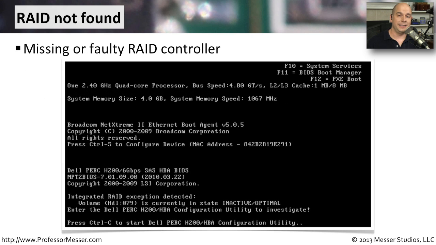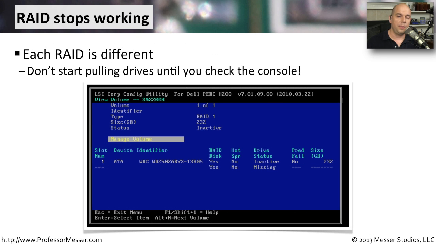A lot of our server devices these days are using redundant arrays of independent disks, or RAID arrays, and if we have problems with the controller itself and we start up our computer, we might see problems like the RAID is not found. So you may want to check the RAID configuration on your computer and make sure the controller itself is working properly. If it's missing or it's faulty, we may see messages inside of our computer during the startup that will give us messages that say this is not configured and not working properly. If we start up our computer and we get a message that the array itself is having a problem, then we may want to launch the RAID console that's on your computer to see what the status is for the